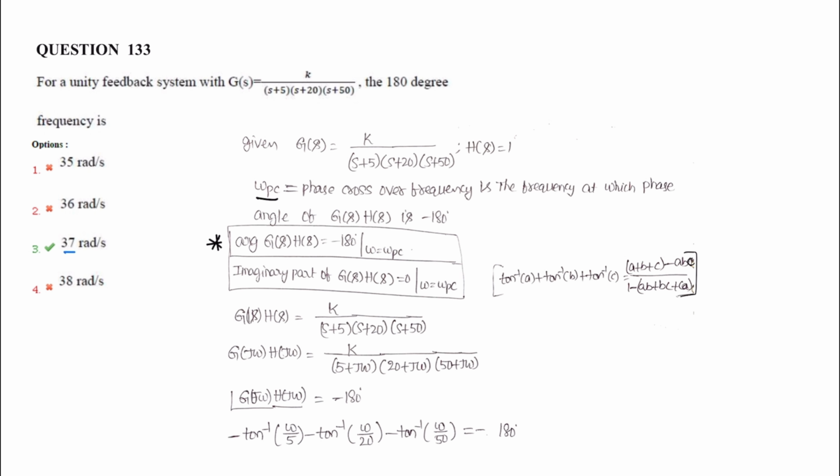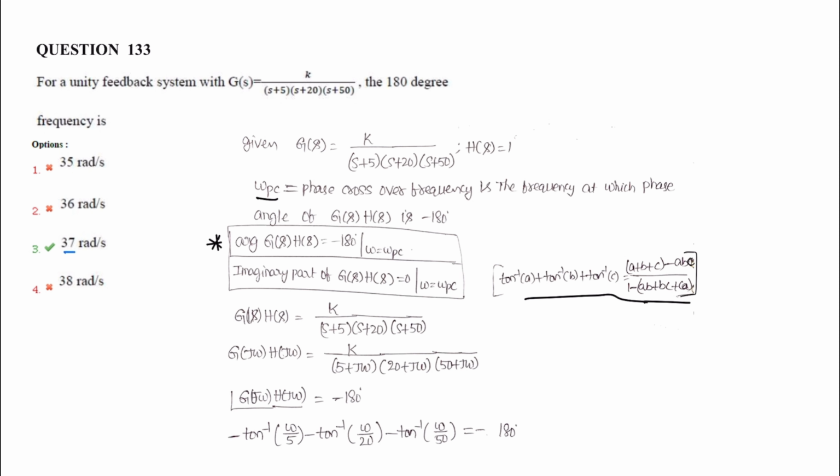On calculation, angle of G(jω)H(jω) is equal to minus 180. We know this formula: tan inverse a plus tan inverse b plus tan inverse c is equal to (a plus b plus c minus abc) by (1 minus ab plus bc minus ca). So apply the same formula here, then we will get